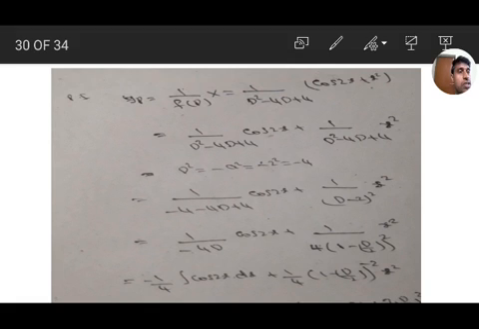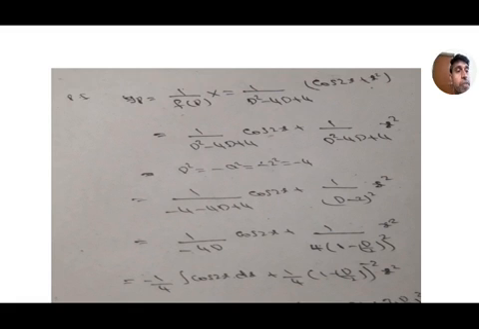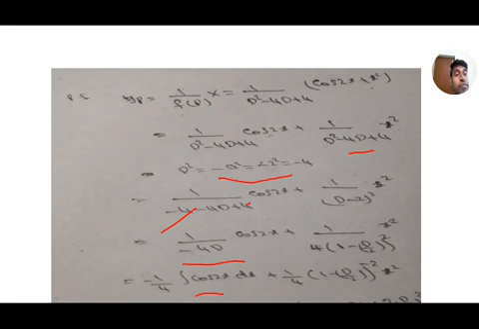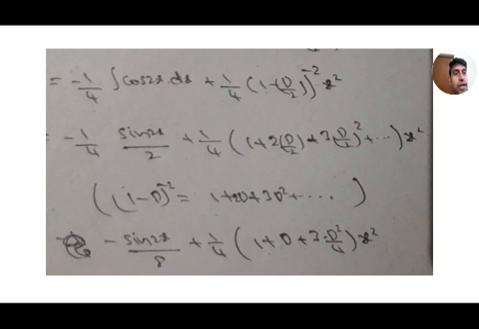Next, the particular integral: 1 by f of D of capital X. We have two functions, cos 2x plus x square. So cos 2x is separate and x square is separate. For cos ax we have to substitute D square equal to minus a square. For x square we take the least term. Here a square means minus 2 square, minus 4 substitution. Minus 4 plus 4 cancel, we get 1 by 4 D cos 2x. 1 by D means 1 by 4 outside, minus. 1 by D of cos 2x means integration of cos 2x is sin 2x by 2.